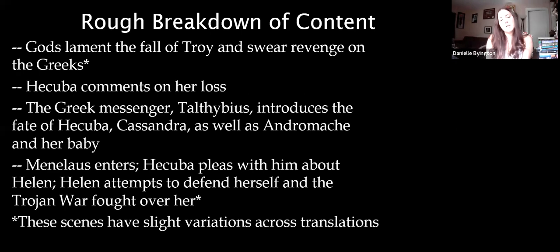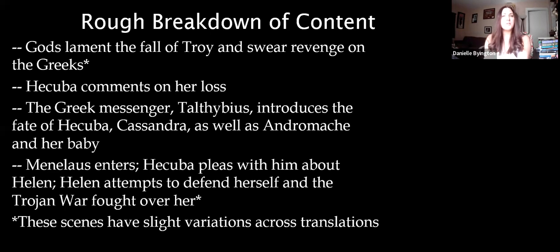Now, depending on which translation you read, you should also have Athena. If you're reading the Ellen McLaughlin translation, she does not include Athena on stage. It's only Poseidon. And I think that's a very interesting artistic choice in the translation because if you read